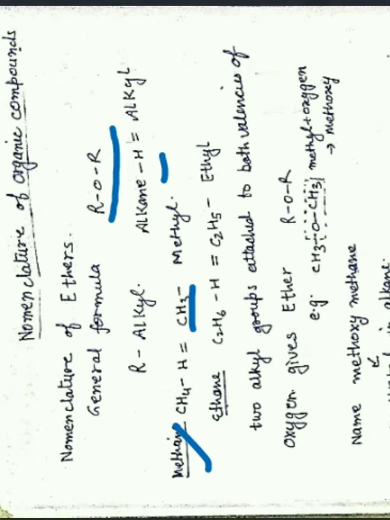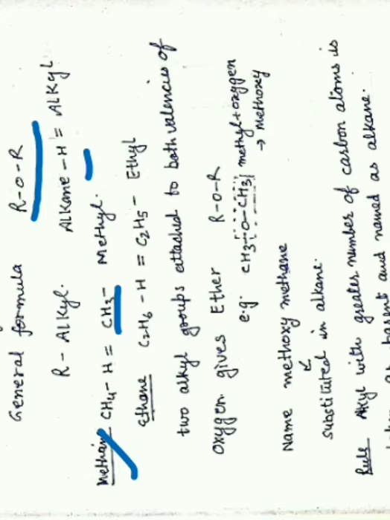Now there are two possibilities. One is that on both the valencies of oxygen the same alkyl groups are attached, or in the other case there may be two different alkyl groups. So how do we name this group of compounds? So here you see,